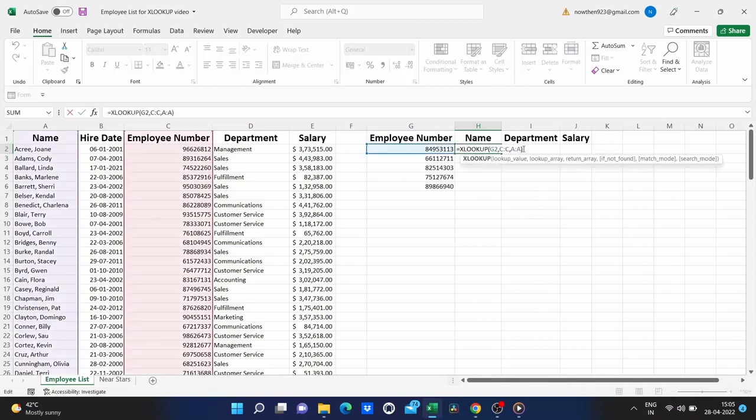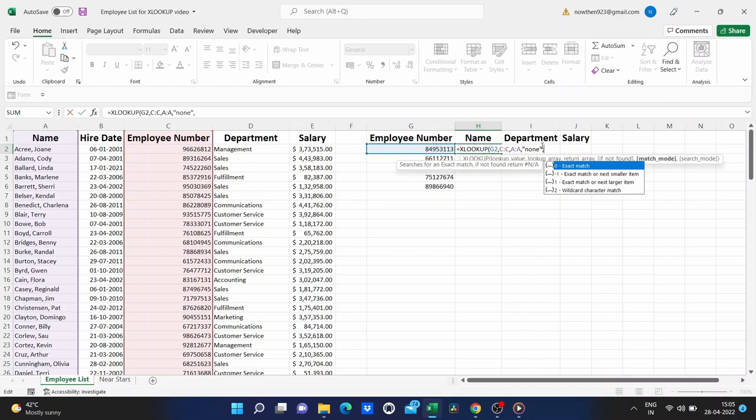I'll put in a quotation mark and type the word none and then another quotation mark, and then I could put a comma in. At this point all I need to do is tell Excel what kind of a match I am looking for. Am I going to require Excel to find an exact match to this employee number?